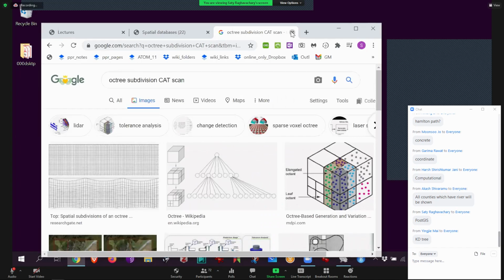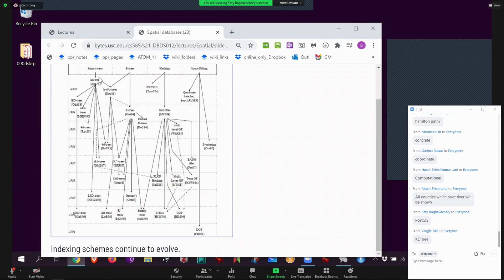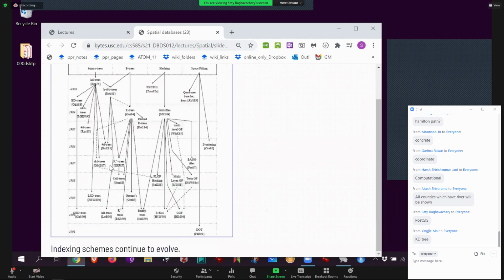Okay, so that's spatial subdivision of data. Almost done. And look here though: binary trees. Again, these are all evolution. How did we get to our trees? It's very cool to see that KD trees are here, KDB trees are here, and then there are R trees. R trees conceptually came from B trees because it's the whole idea of subdivision, the binary subdivision in a way. And then they got the idea of a region tree. But R trees evolve into R plus trees, R star, like I told you. This is still the 1990s. Imagine, after 30 years, we have a lot more, but probably still cool stuff is sitting out there to be discovered.